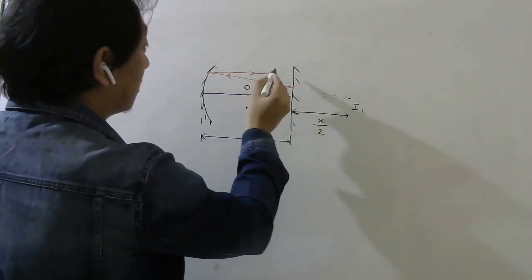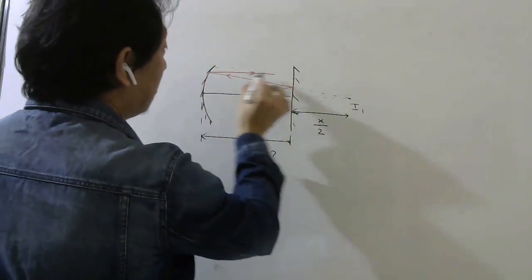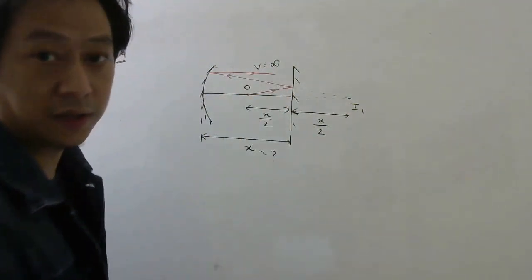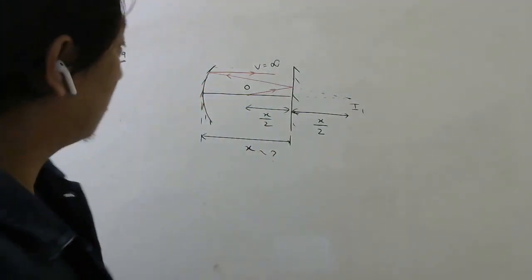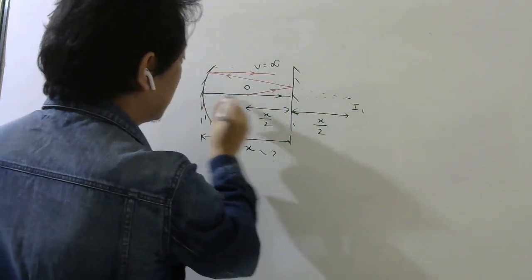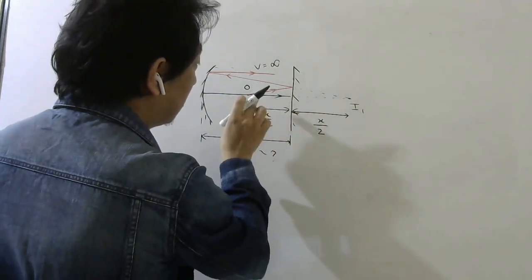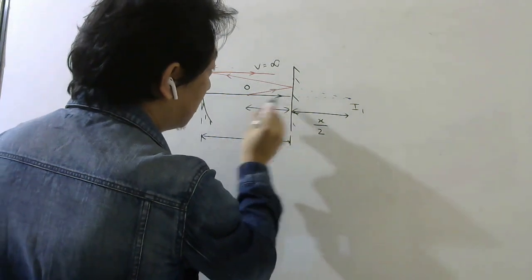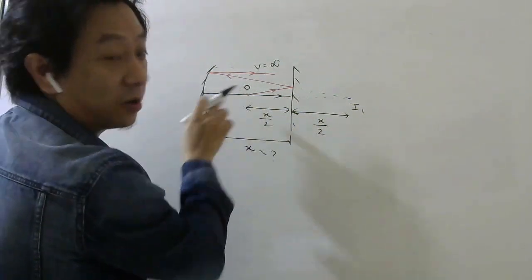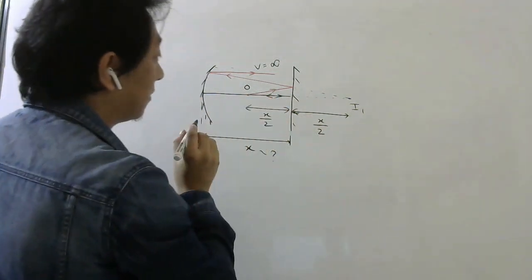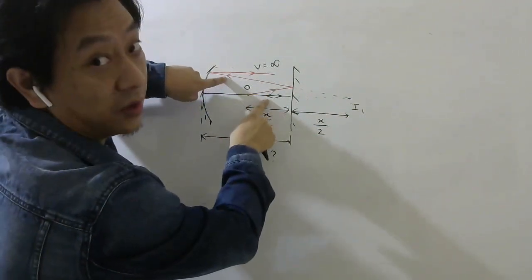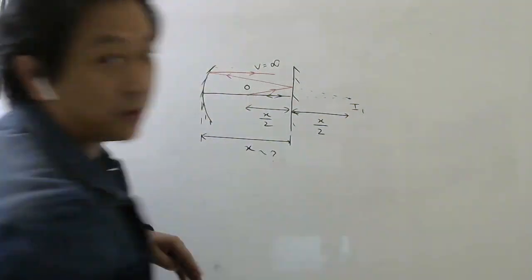Then for the second reflection, the light becomes parallel. If the light becomes parallel, it means your image will be formed at infinity because of this reflection. Because this ray and another ray, you can draw this one, right? For example, for the first reflection, these two are incident rays. They meet here, so this is the object. Then it is reflected like this. So for the first reflection, this one and this one are your reflected rays. They meet here, so this is the image made by the first reflection.